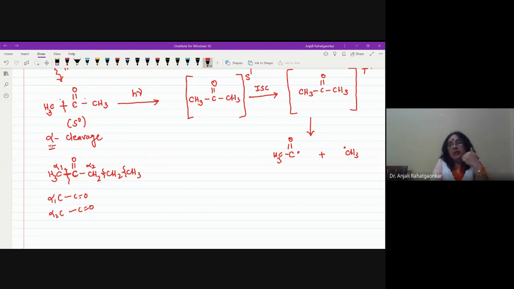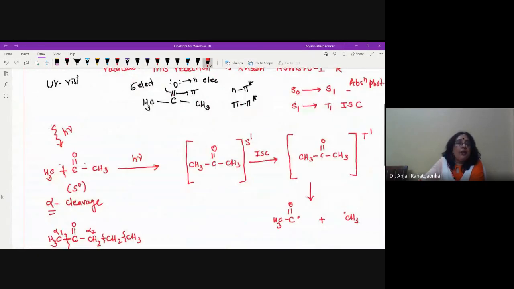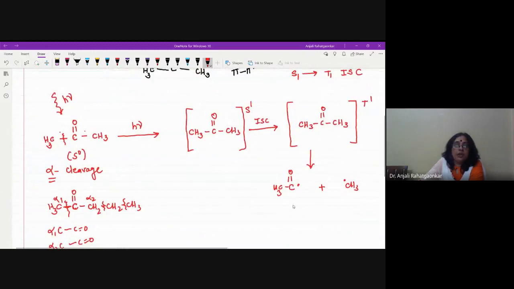So again we can have another definition. Norrish type I reaction is nothing but the alpha cleavage of the acyclic saturated carbonyl compound, which forms the acyl and the alkyl radical. And after the disproportionation reaction or the termination of the reaction, of course you will get different products, right? But the main